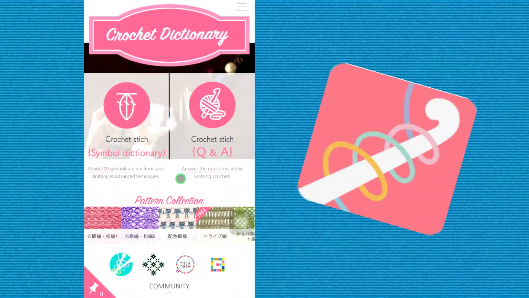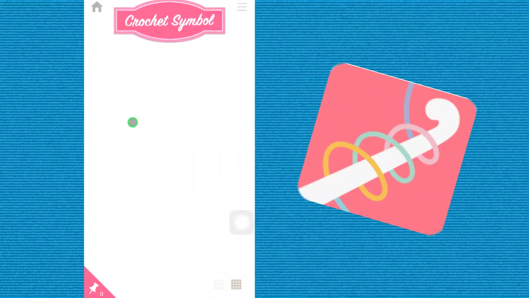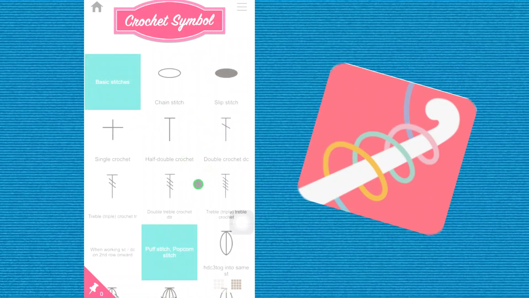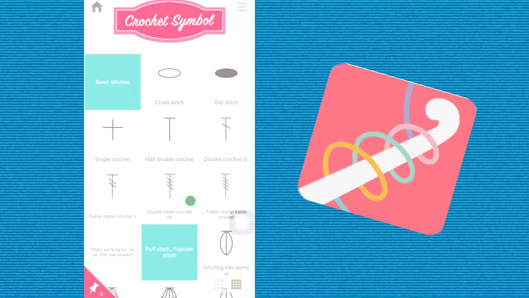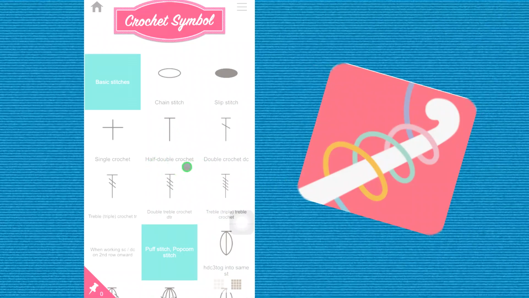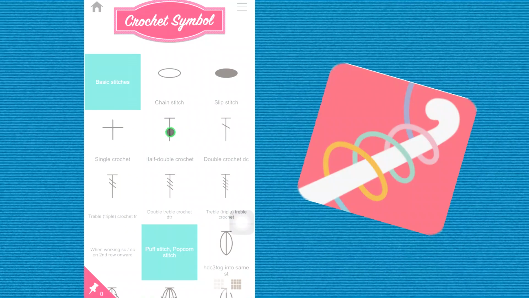Okay, so the first section that I'm going to open up here is the Symbol Dictionary. And as you can see, it has all of these stitches listed by their diagram symbol and also written out in words down here at the bottom. So this is the symbol for half double crochet. So if I open that up,